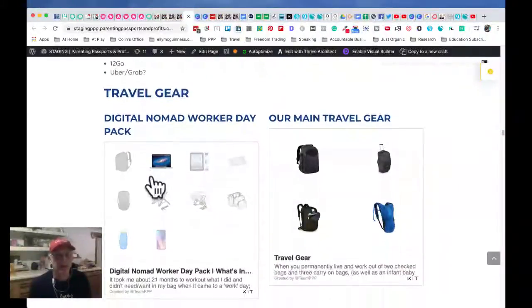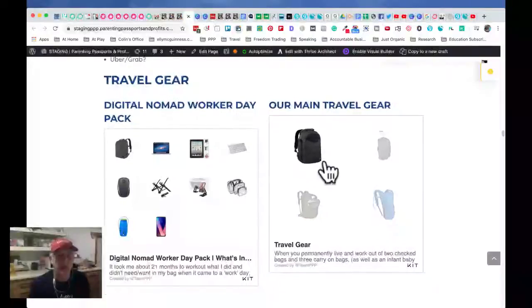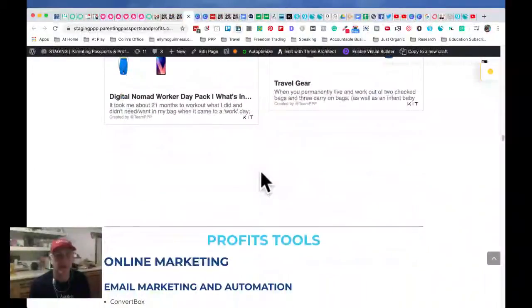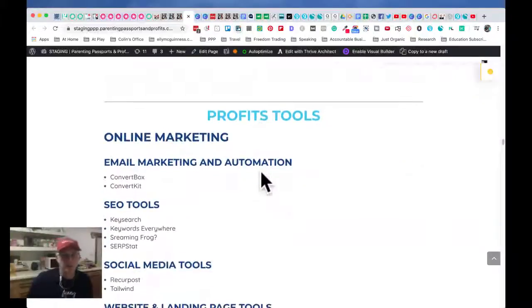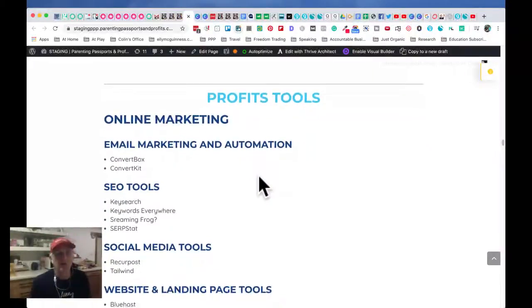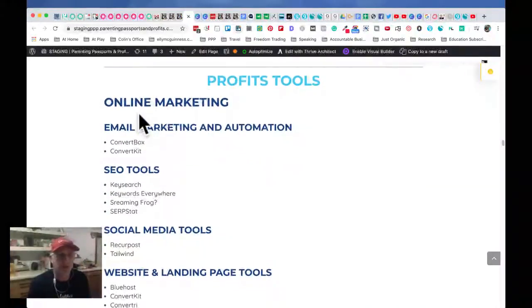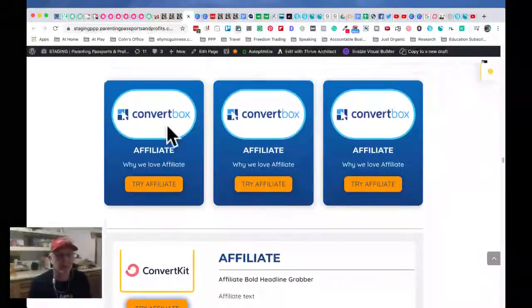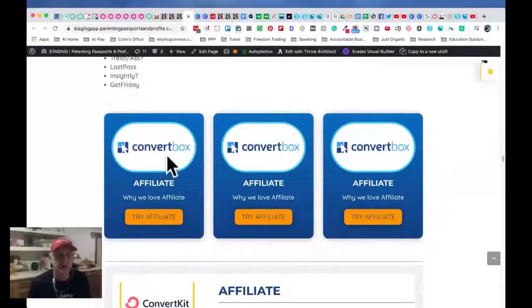Now I'm starting to get into some other tools that come together. We use Kit to build these. I can tell you about that another day. And now we're getting down to what I was working on today. We use a lot of online marketing tools. I've just kind of been planning this out, and then I've been building the images behind the screens, and then these are templated